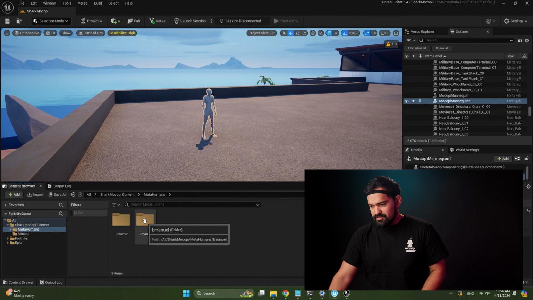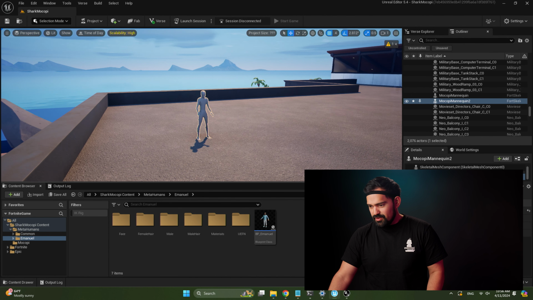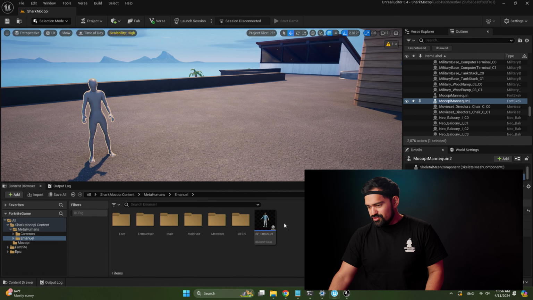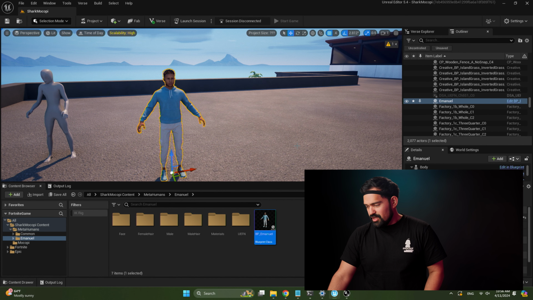Double click on your metahuman. And now we have a manual over here. So just drag that blueprint into your scene. Great. So now we need to create an IK for the metahuman and then a retargeter for Mocopi to retarget